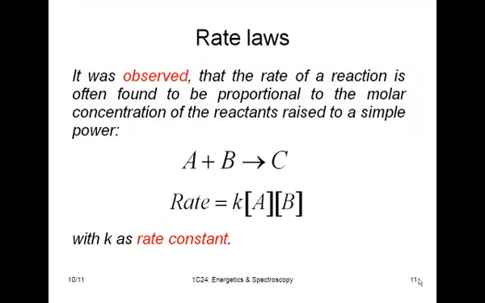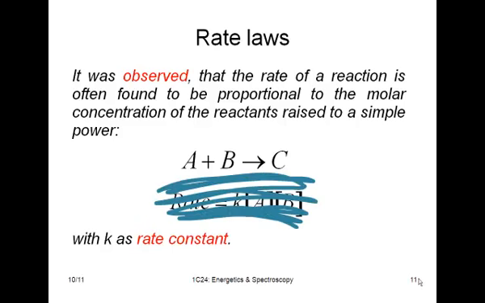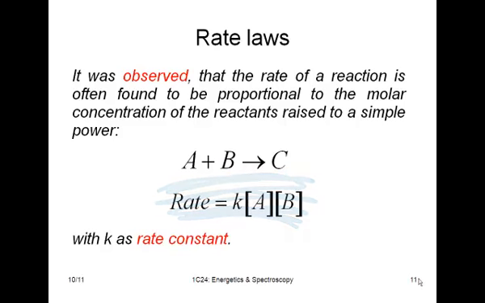This makes sense if you think about it, because you could imagine that if we have a reaction A plus B goes to C, we've got two reactants and they have to combine with one another to undergo some kind of chemical reaction to form the product C. And it makes sense that the concentration would be important, because the more molecules you have of A and B, the more likely an A molecule is to find a B molecule and therefore react